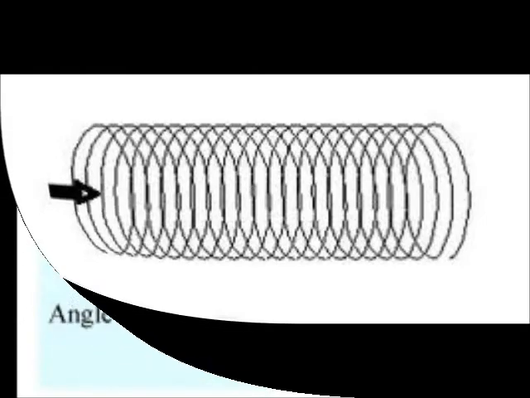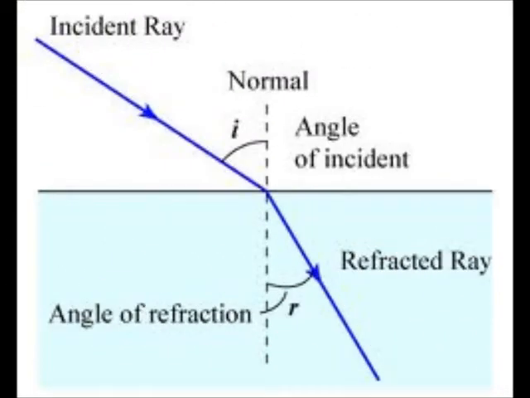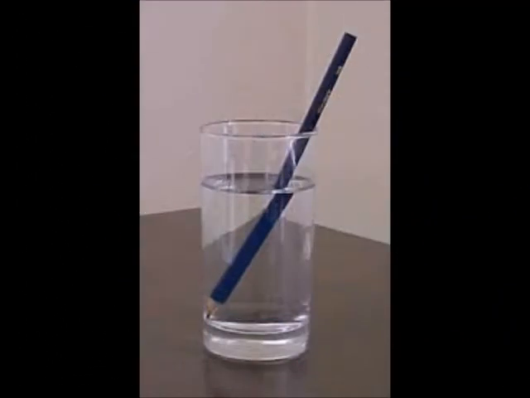Now I'm going to talk about properties of visible light. Visible light is a wave you can see. If the light wave is traveling at an angle and the speed that light travels is different in the two mediums, the wave will look bent or refracted. Refraction is the bending or changing of direction of a wave as it passes from one medium to another. Example: a pencil in a cup of water.